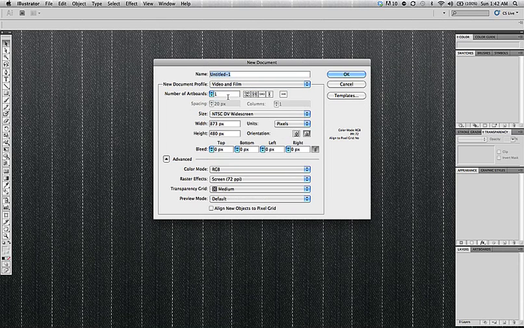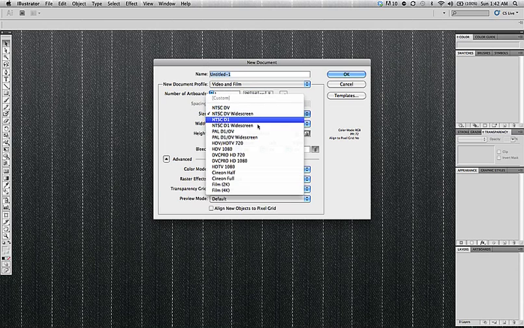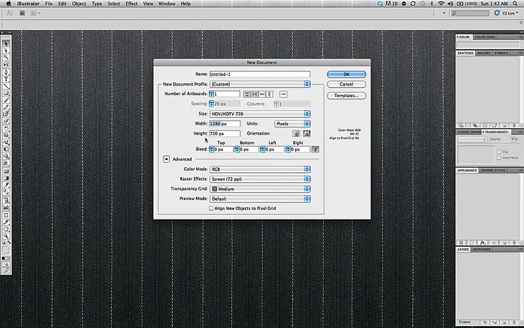Video and film, our size options are now quite a handful. NTSC DV, widescreen, D1 widescreen, we get into PAL, we get HD formats, DVC Pro HD formats, and then get into film. Any of these different settings are just going to change the width and height of pixels, because again we're dealing with screens, and screens use pixels. So these are some nice presets to jump to if you're working in the film or video world, preparing work for animation, maybe in After Effects,